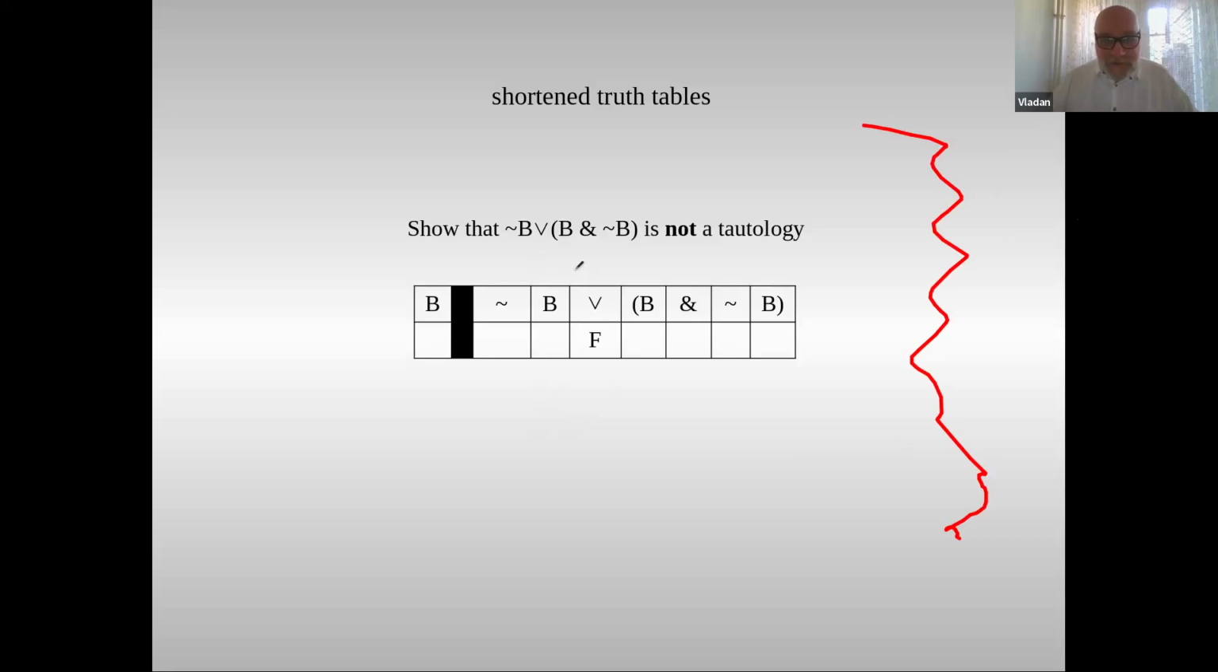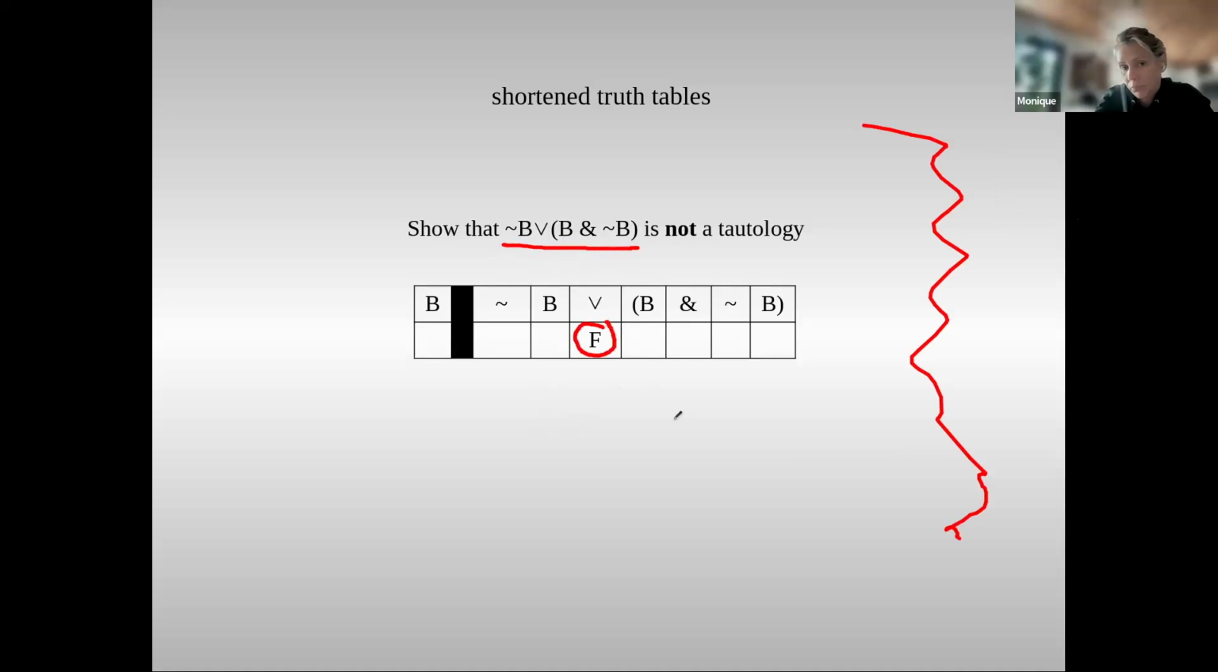We don't know yet whether it's possible or not, but we make an assumption that the whole thing is false, and we put an F here. That's an assumption. Why do I make that assumption? Because it gives me a conclusive answer to the question. It's enough to find one line